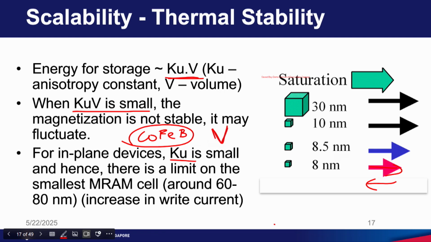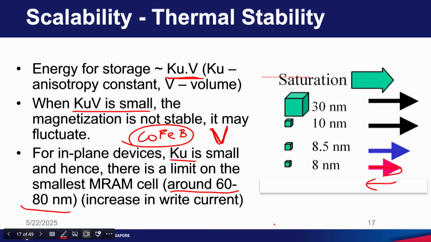There is a limit to the volume. In the case of cobalt iron boron for in plane MRAM design, the diameter cannot be smaller than 60 nanometer. If you make the MRAM diameter smaller than 60 nanometer, your KuV becomes smaller, then kBT competes,